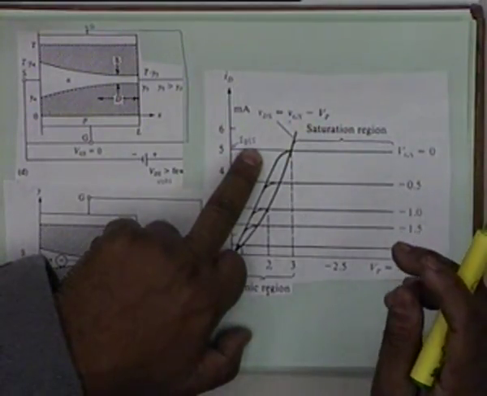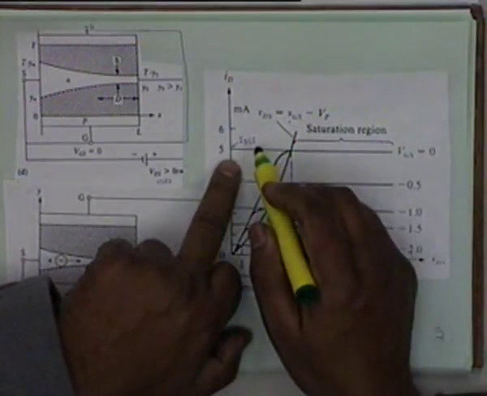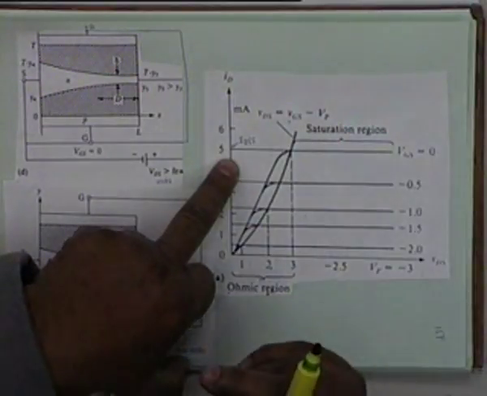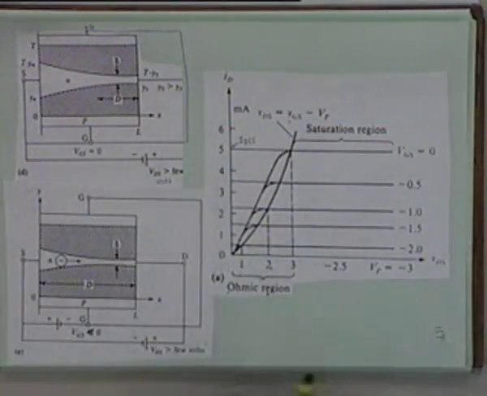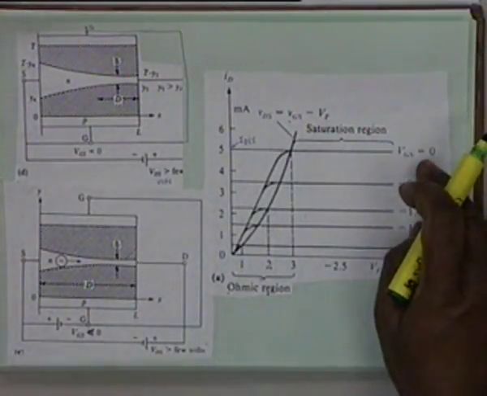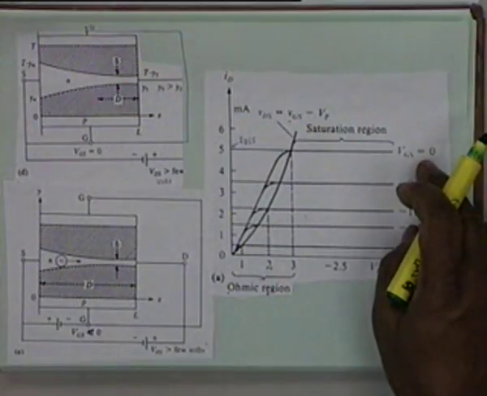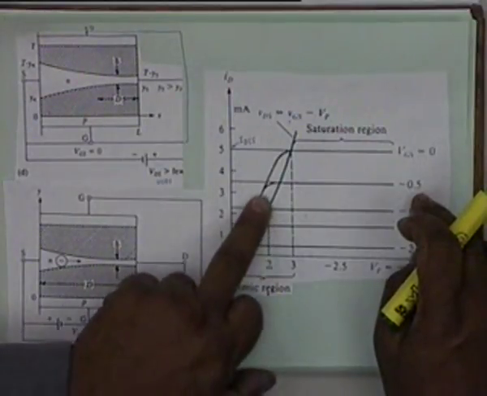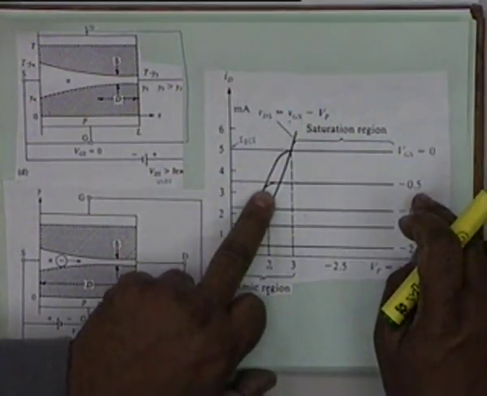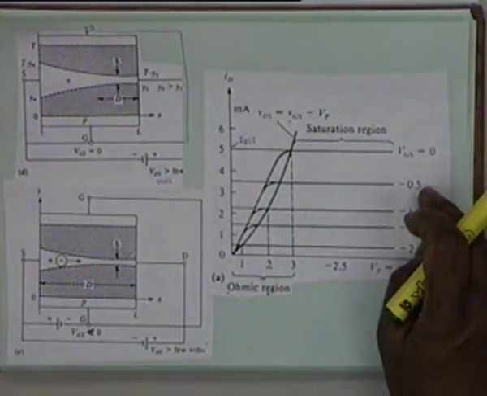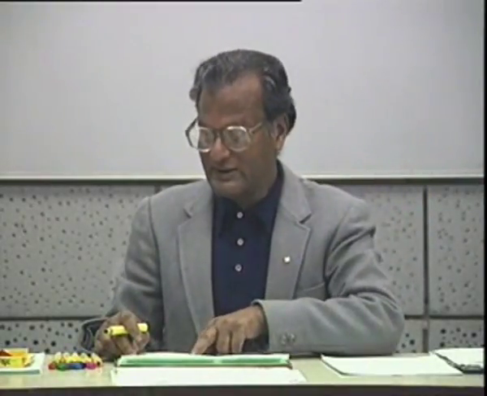It is called IDSS. This is the nomenclature that is given to it. For this typical transistor, it is 5 volt, 5 milliamperes, IDSS. Okay. Now, this is the situation when VGS equal to 0. Suppose now VGS is made negative, minus 0.5. Then obviously this saturation will occur at a lower current, right? Because VGS negative means it has increased the depletion region, so it is controlled. So it will occur at a lower value.